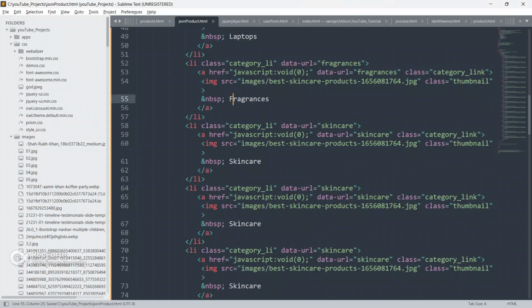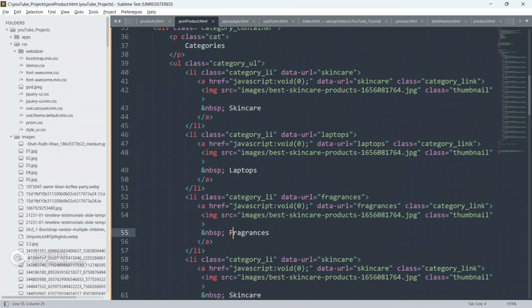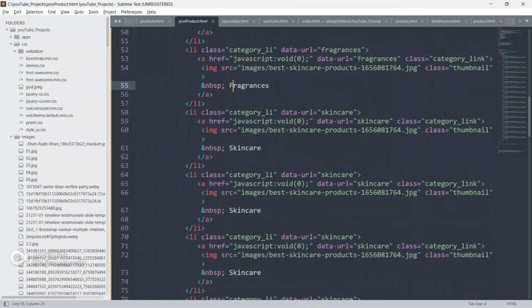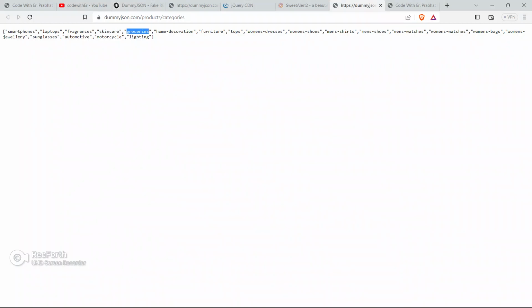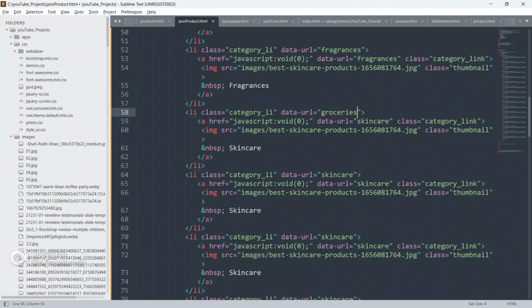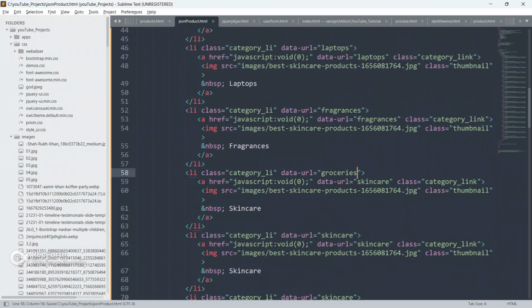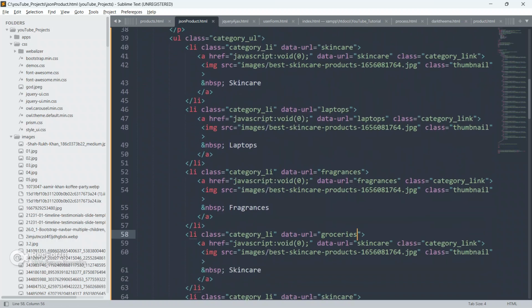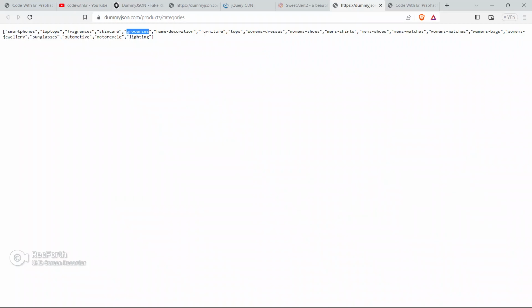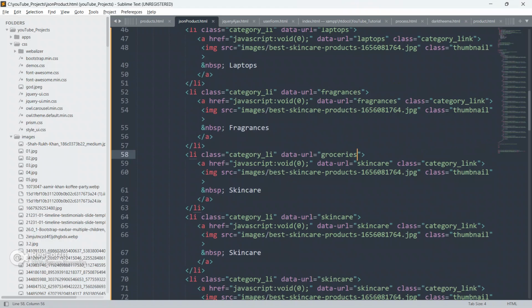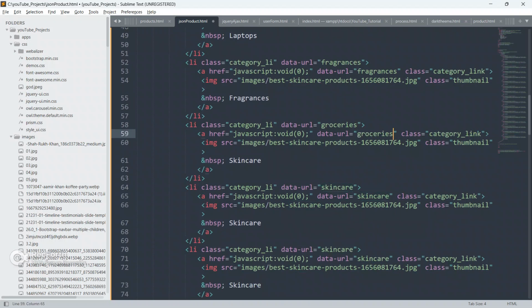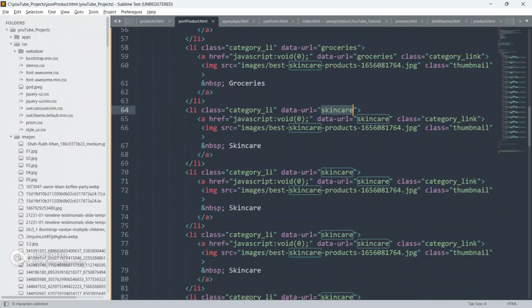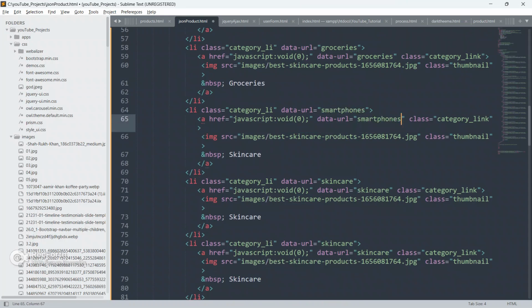And change this to fragrances also. Skincare, groceries, laptop, fragrances, okay, groceries here also, and now smartphones.